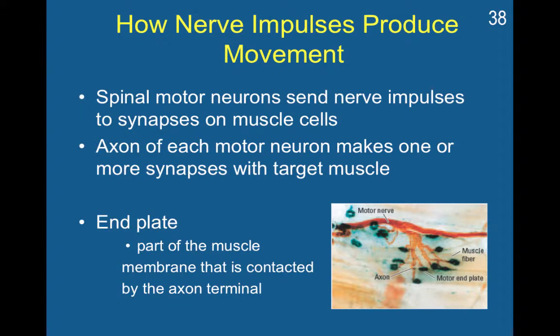Another example is how a nerve impulse produces movement. Spinal motor neurons send nerve impulses to synapses on muscle cells, okay? So here, the motor neurons are going to come down your spine, and these motor neurons are going to end in muscle fibers at these muscle end plates. This would be an axon, this would be a motor end plate. The axon of each motor neuron makes one or more synapses with these target muscle cells. The end plate is a part of the muscle membrane that is contacted by the axon terminal. So what that means is